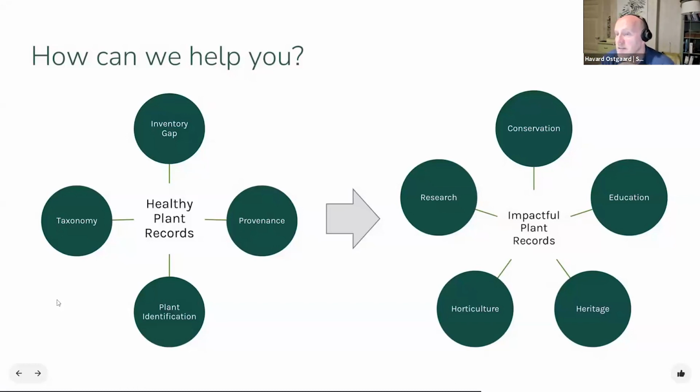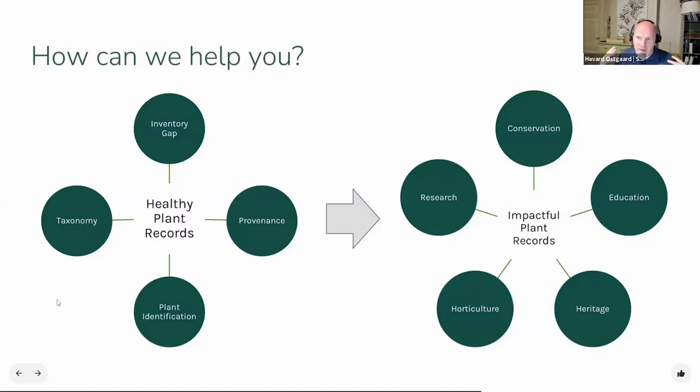This is something we want to work on from a platform perspective as well, to allow you to share or get assistance from peers on plant identification. We don't have much of that just now, but that's something we have recognized as a very much needed capability. And with the cloud product, that is much more feasible than with other types of platforms. So the story here is that as soon as we have all these 4 things in place, we can move over to having records that can be used to support your institution